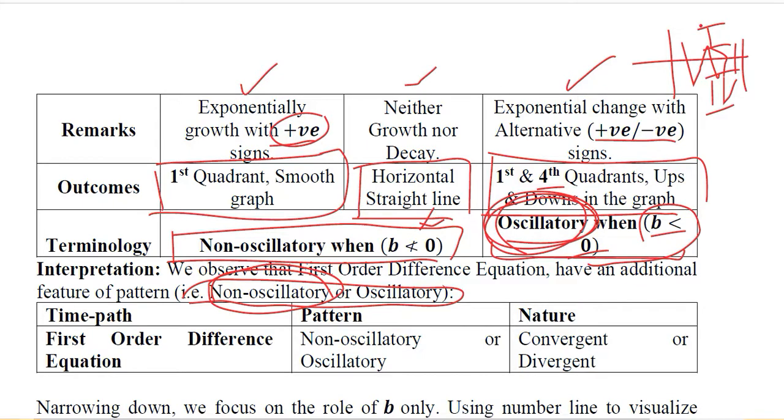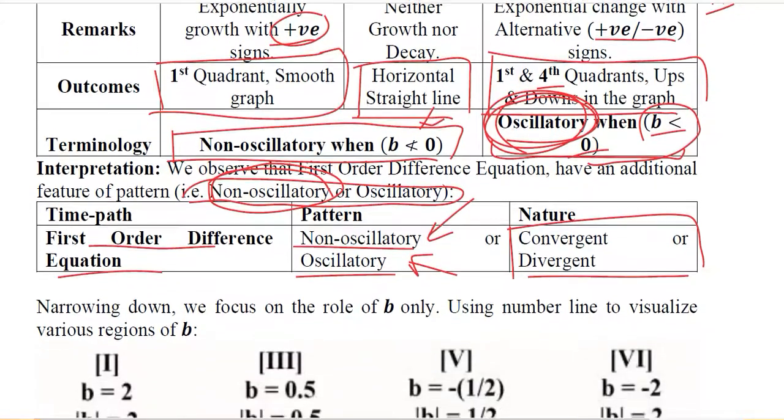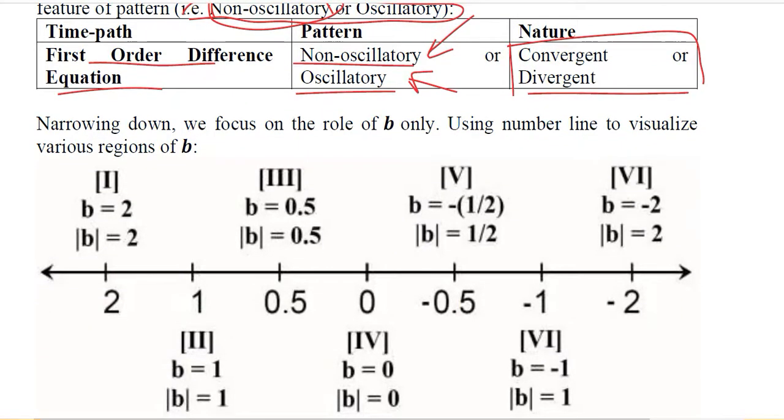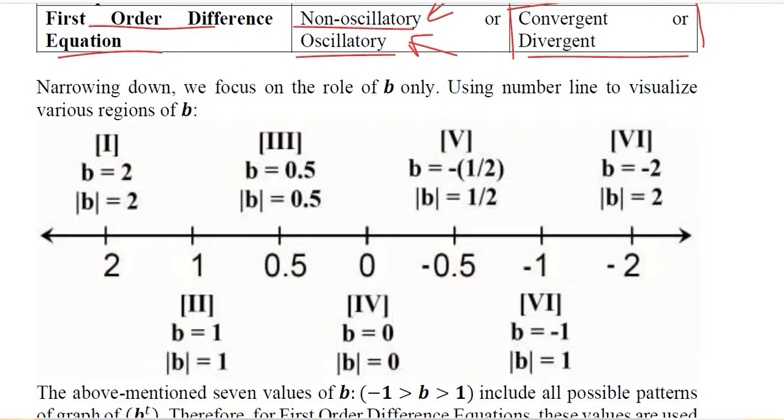The time path of a first order difference equation is not just about convergence or divergence, it is also about their nature, that is if they are oscillatory or non-oscillatory. So now we are going to label this set of possibilities in a more elaborated way on a number line. If we consider the value of b on this number line, we can say that if b is equal to 0, then